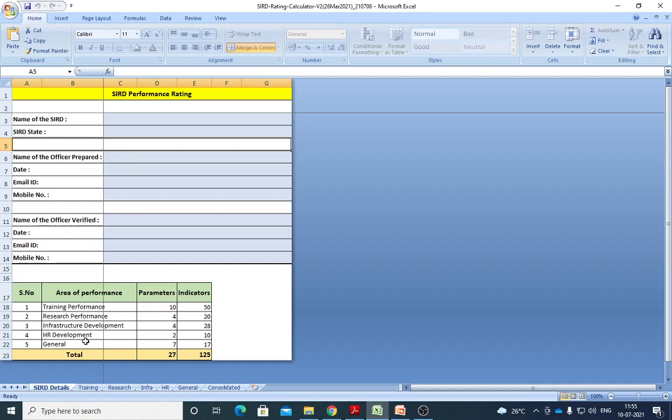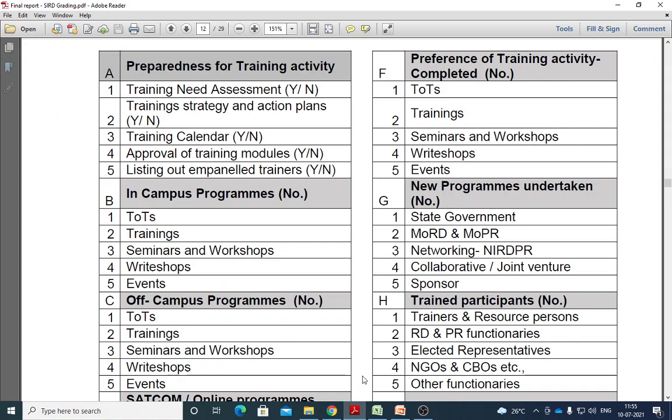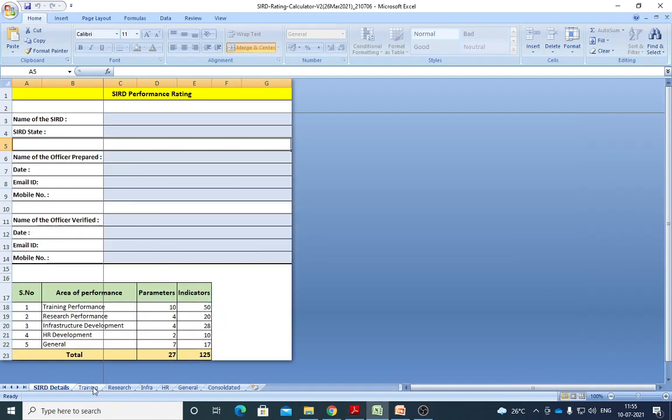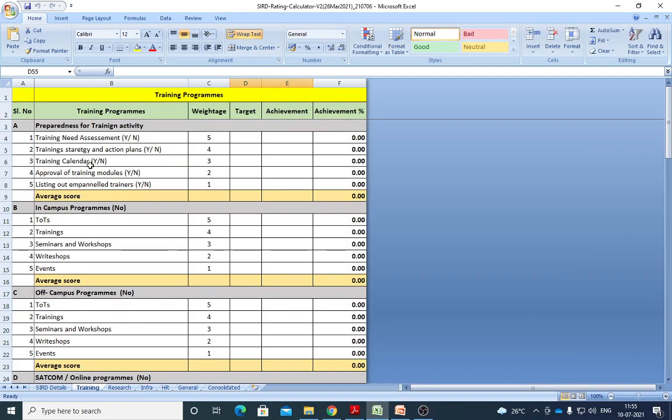And these are the indicators, which are the performance indicators, and weightages are all given. Don't worry about all those things. If you want to know, please open this document. It is very clearly explained. Now I will explain the training performance. You have to enter all the values in these columns only. No need to worry about the weightages. All weightages are defined after many deliberations, and the model is developed, and per achievement you will get the score automatically. These are the training indicators which you need to understand and fill the data in over here.